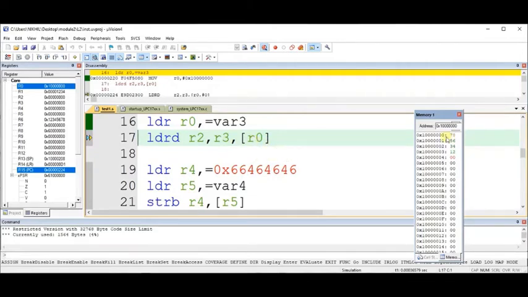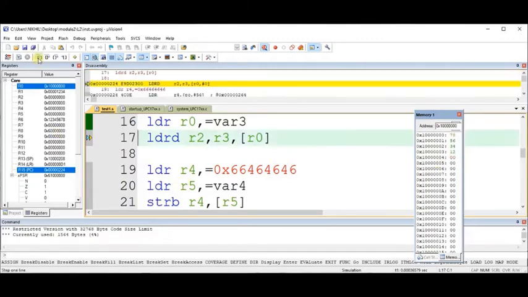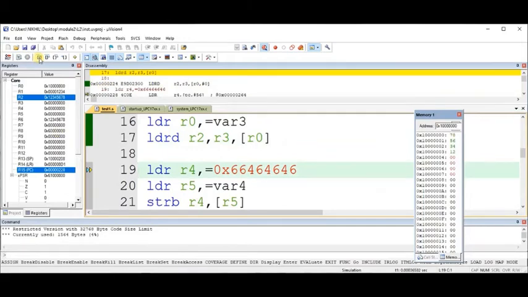R0 is pointing here. So double word means 1 2 3 4, 1 byte, 32-bit, and next 32-bit 1 2 3 4. These two will be loaded in the registers R3 and R2. So now how they are loaded?